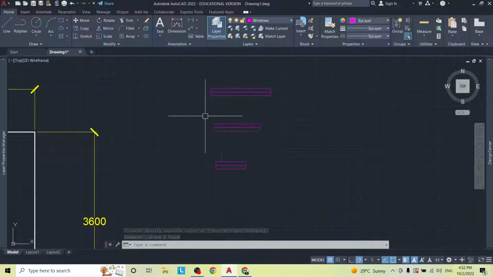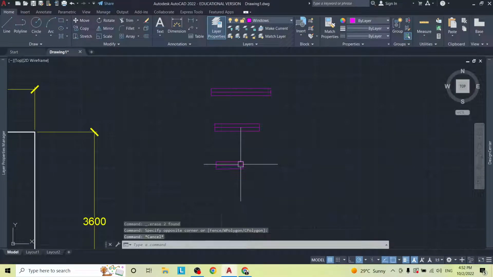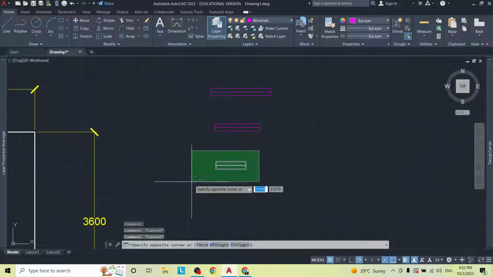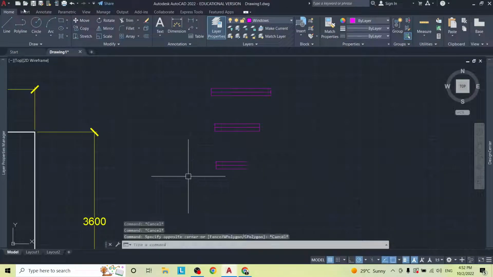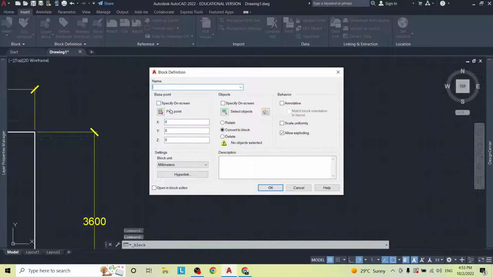Now, as I said, we're going to create blocks. If we try to move this, we have to select everything because this line is by itself, the rectangle is by itself. We want to make everything into one item. So to do that, we go to insert, and we could create block, and then we're going to call this block